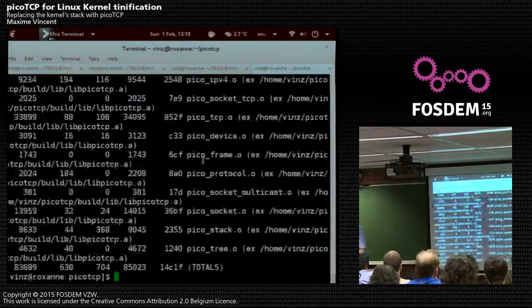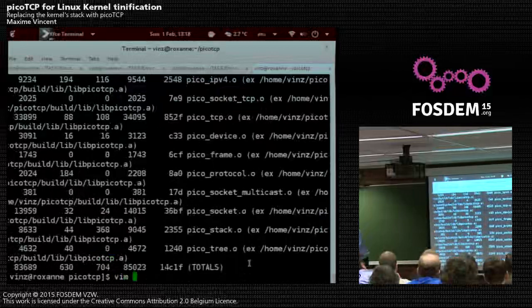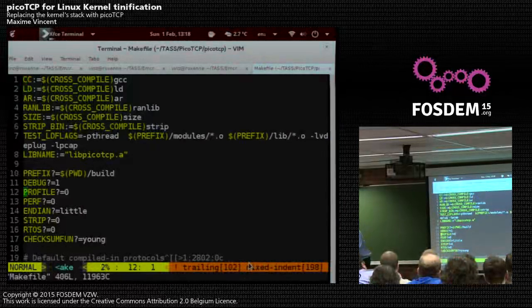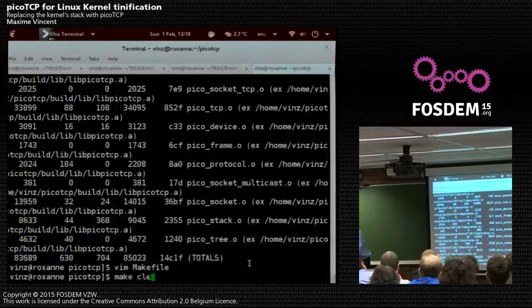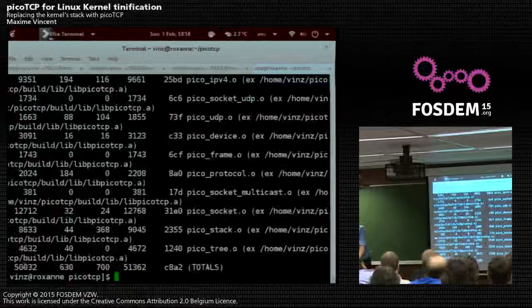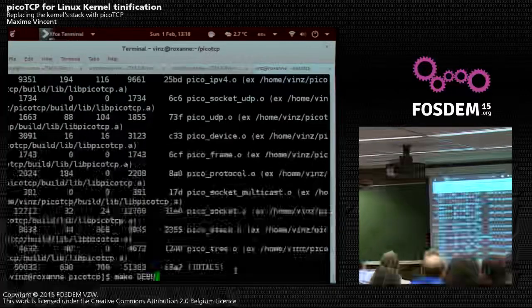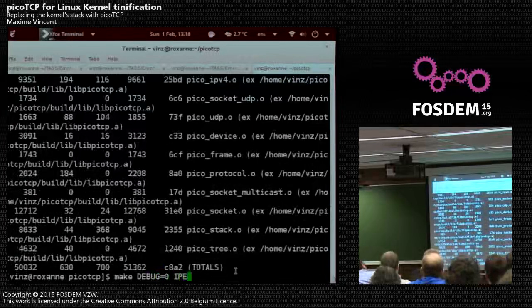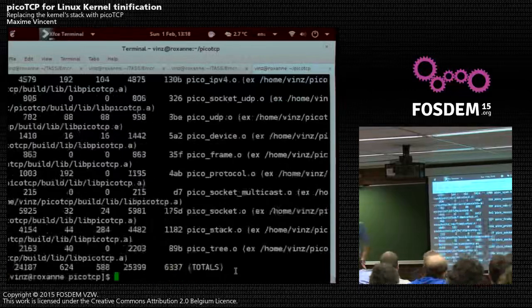Okay, sizes are not great. Okay, TCP is still on. Let me disable TCP and see how big it ends up. And enable UDP. So there, okay, it's 50 kilobytes. That's weird. I probably missed some optimization. Yeah, it should be somewhere around this. Yeah, I got 24 kilobytes right here.